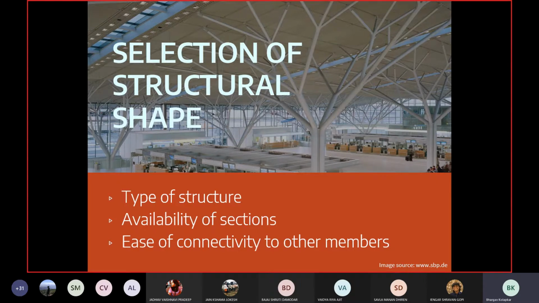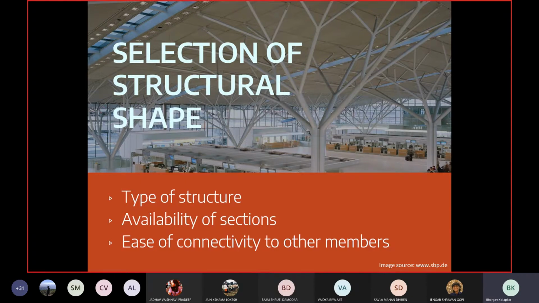So the architect has taken all the sections are hollow circular sections in various sizes. So it depends upon how easily you want to connect them. But if you're okay with bolted connections, then you really should look for sections like I sections or channel sections, which are easy to connect. They have multiple surfaces which can be used to connect other members, which does not happen with hollow sections, because